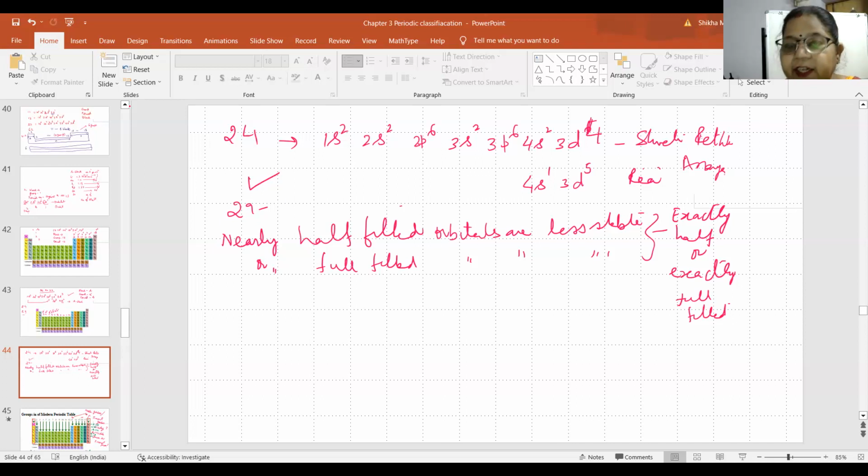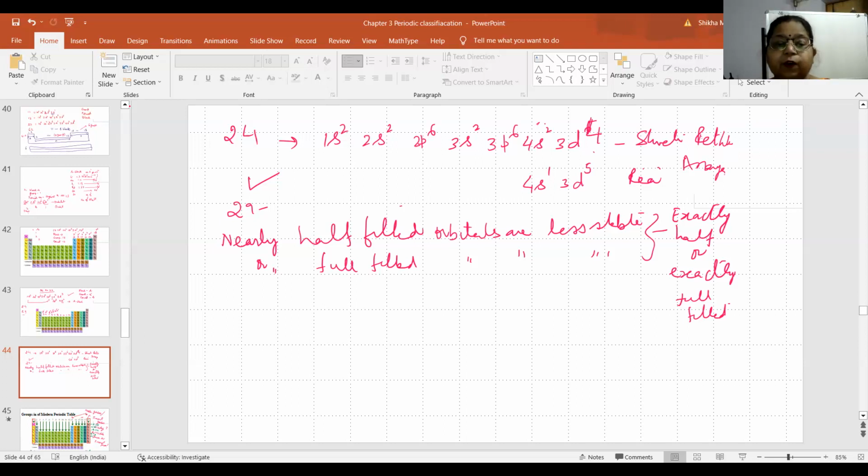We have to understand that here we are writing 4s2, 3d4. The configuration, if I write it as 4s1, 3d5, what happens? The energy becomes almost equal. They become more stable. They are now exactly half filled. 4s2 is the maximum, 2 is the maximum, half is 1. 3d5 exactly half filled. Both of them have become exactly half filled. Otherwise, this one was fulfilled and this one was nearly half filled.